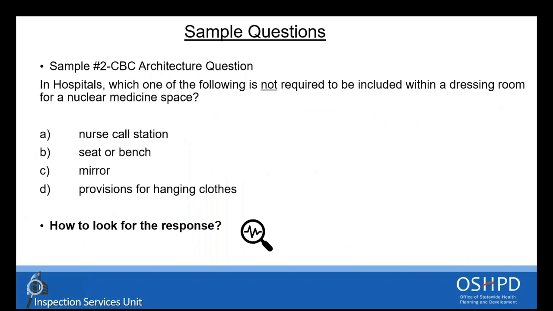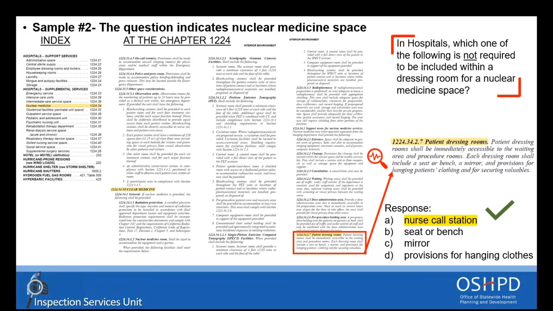Let's go to another question, and in this case, we're going to have the architecture question. In hospitals, which one of the following is not required to be included within a dressing room for a nuclear medicine space? A, nurse call station, B, seat or bench, C, mirror, D, provisions for hanging clothes. So here is how you arrive at the response. Back to the index guideline under hospital, there is a specific section on nuclear medicine, that is